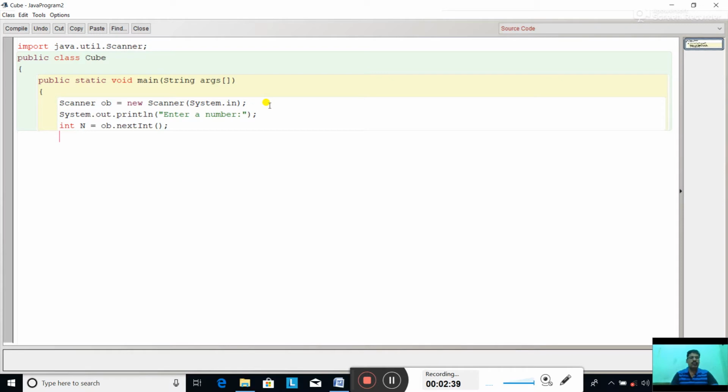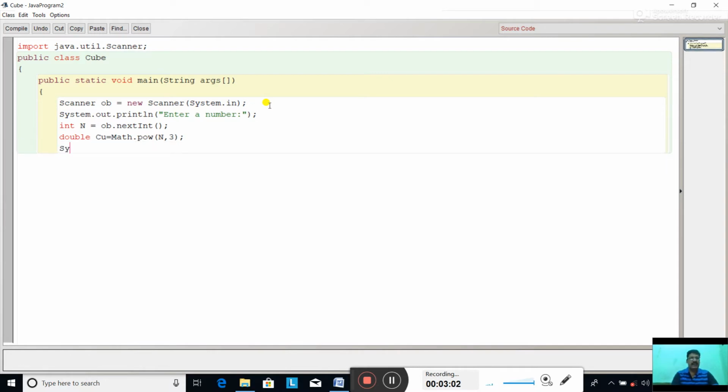Now find the cube. We are going to use the Math.pow function, so the return data type is double. Double cu equal to Math.pow(n, 3); that is n comma 3. Okay.